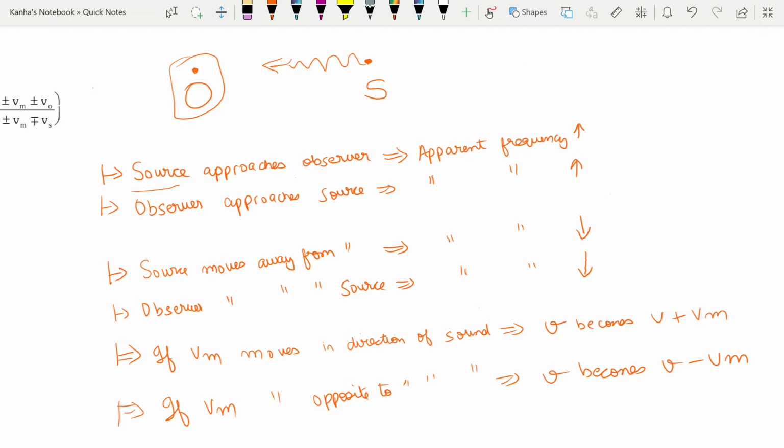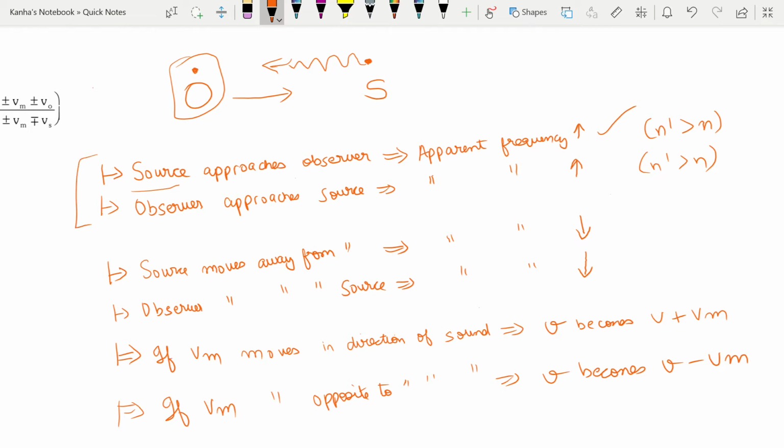So if the source, which is your train, is approaching you, and you are at rest right now, in that case the frequency of sound that you hear is higher than the normal frequency. So mu prime is greater than mu, or n prime, as you find in some literature. N prime is greater than n. Also, if the source is standing and blowing the horn, and my observer is coming in this direction, then also you see that the apparent frequency is increasing.